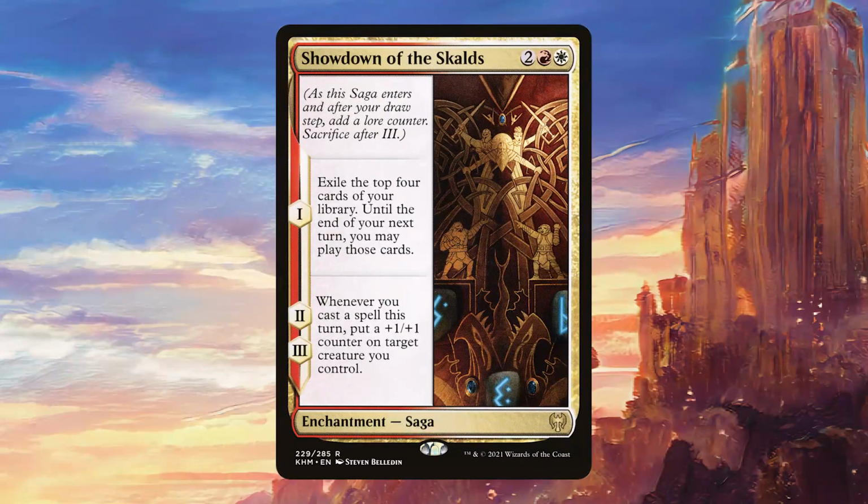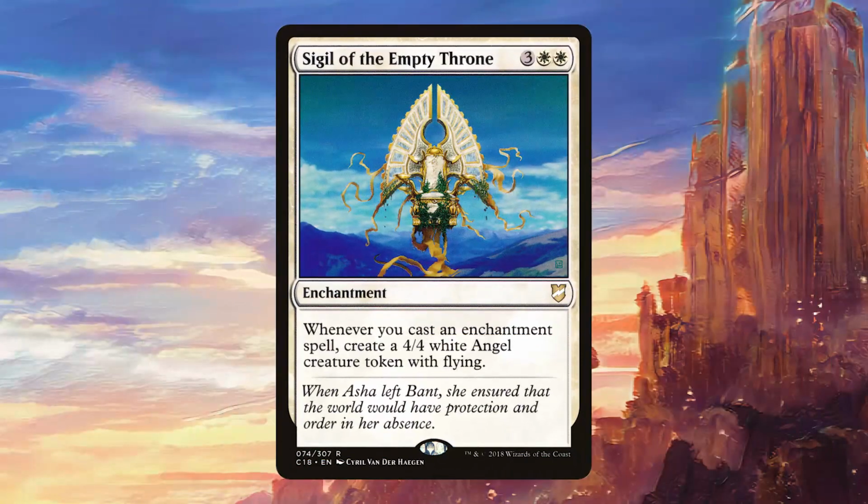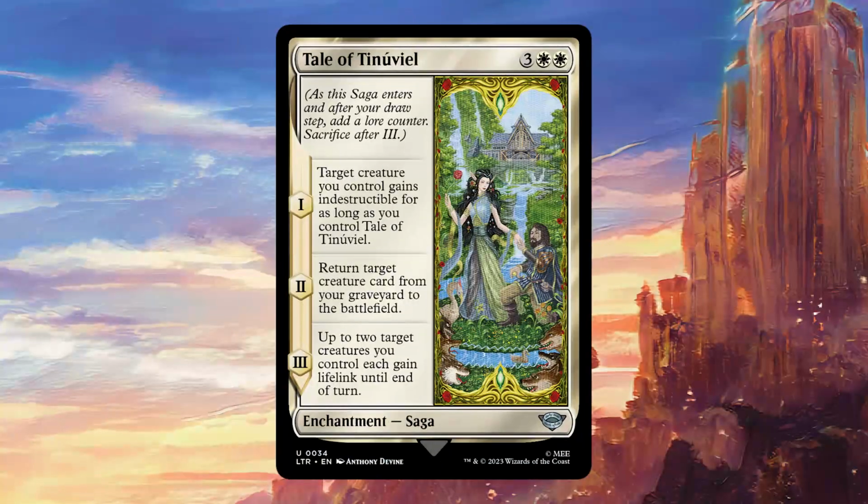Showdown of the Skulls is excellent card advantage in a deck like this, and it can also grow our creatures. Sigil of the Empty Throne provides us a steady stream of 4/4 flying angels, which should bury our opponents quickly enough. Tale of Tenuvial is a saga with 3 incredibly powerful effects. We definitely want to be recycling the second and third effect more than the first, but all of them are